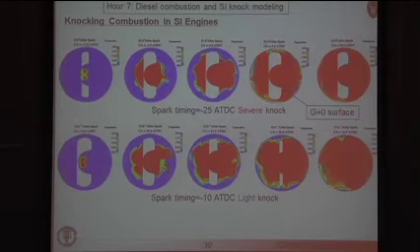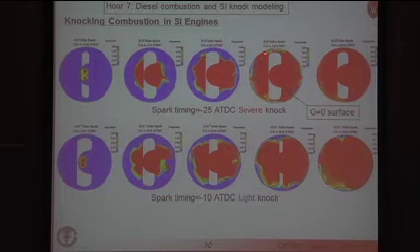So just to get a picture of what's happening inside the engine, here at the top is a severe knock condition, and the bottom is a light knock condition. You see at 10 degrees after the spark, the black line here indicates the G surface. The flame is just starting to get established. 20 degrees after the spark, here's the G surface. You can see the flame starting to propagate out. This white region that you see here is because we have a pent roof engine and we're taking a cutting plane through the engine, so ignore that. Then here's again the flame location,